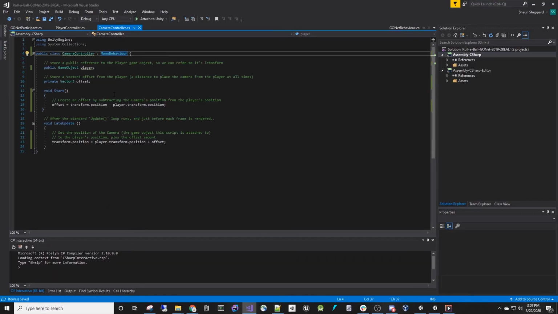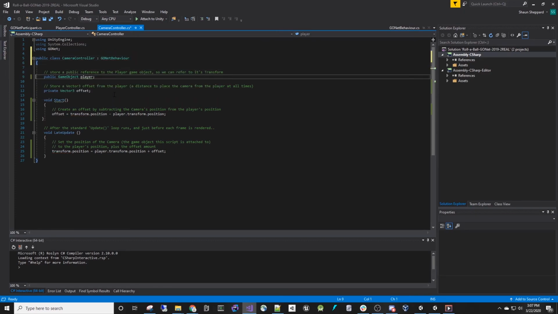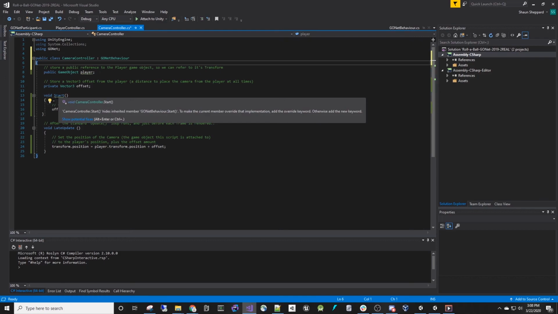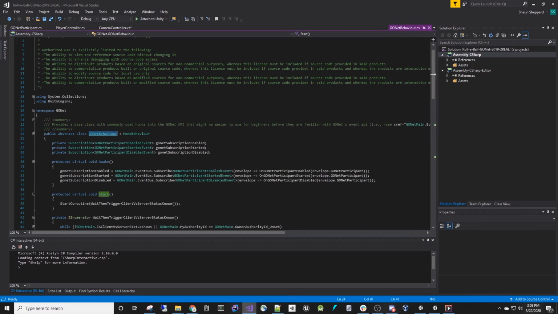So GONetBehaviour is a new base class that we can use to get access to certain events and lifecycle things that happen during initialization of different GONet participants and other things, like when a server or client status is known. So let's do that. We did the GONetBehaviour, and now that's going to give us the start method is being hidden by this guy,